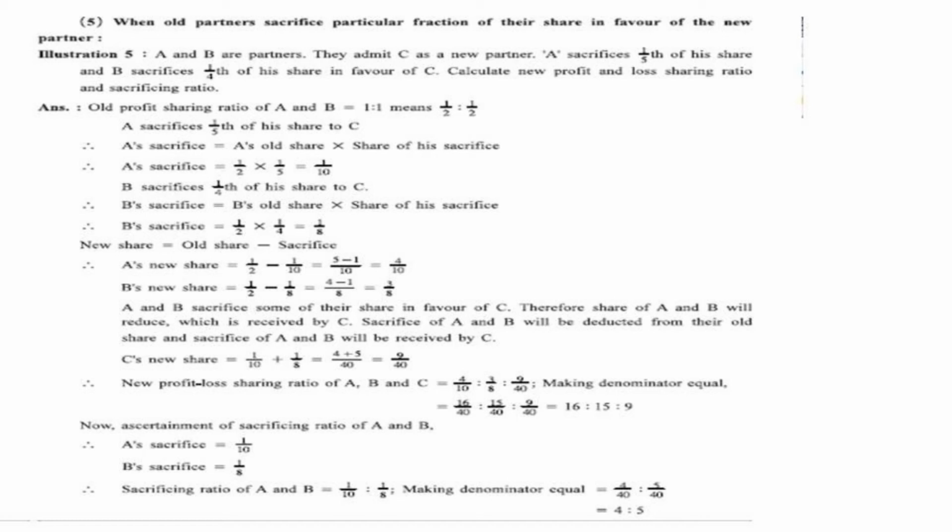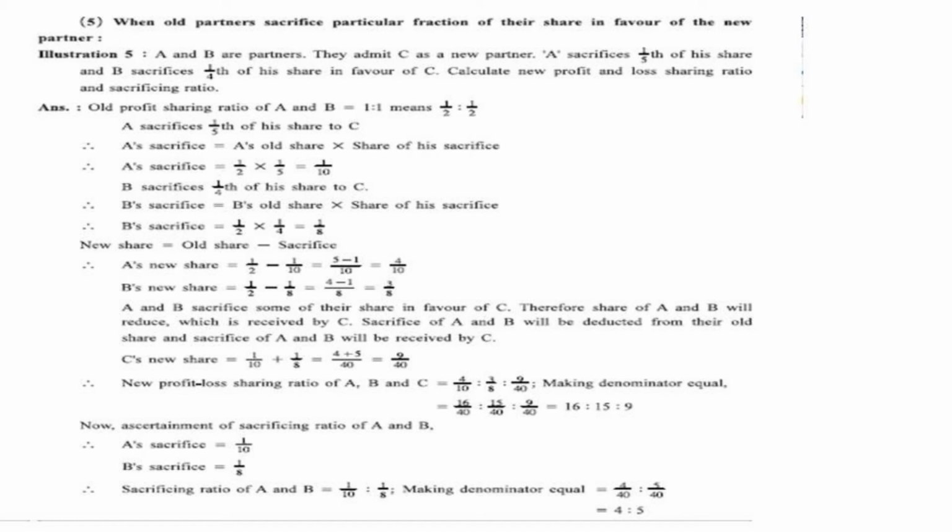Now ratio 3 upon 8 is there. In denominator 8 is there, and if we want 40, then we multiply with 5, then we get 3 5s are 15 and 8 5s are 40. So 15 by 40 is there. And 9 upon 40, here denominator 40 is there, so we have to write as it is. So now here ratio we get 16 ratio 15 ratio 9.